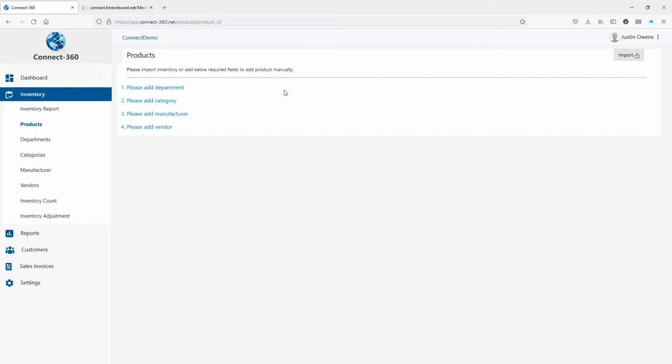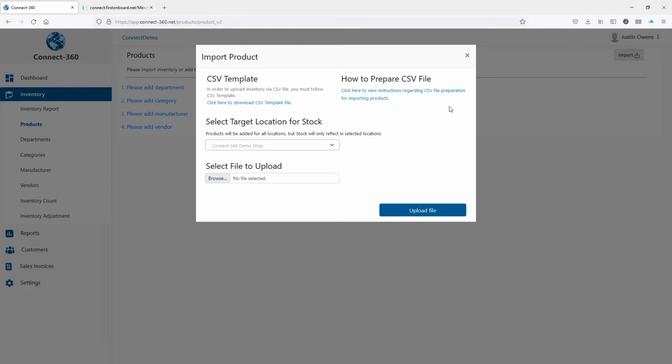So we have a couple of different ways to get products into the Connect system. We can manually add each one of the products by starting off with adding our department, followed by our category, manufacturer, and vendor. Once these 4 are complete, we can then add the product itself. Or we can come up here to the top right and perform an import file